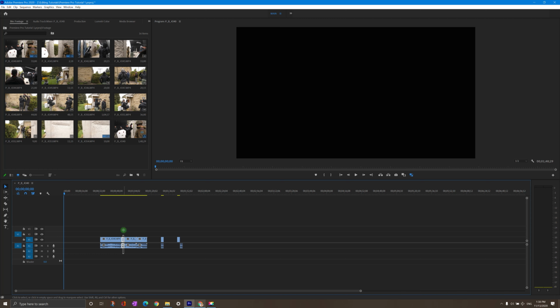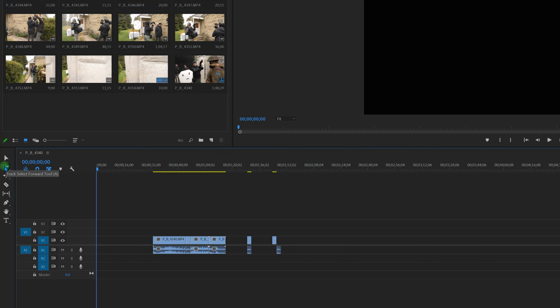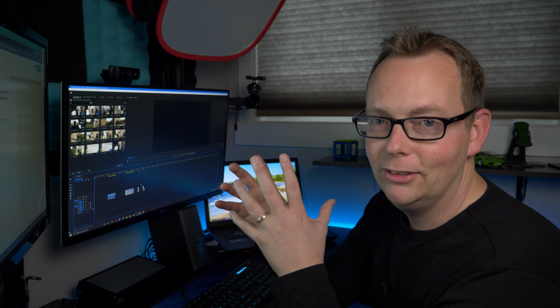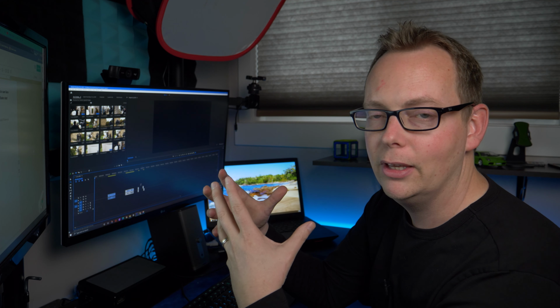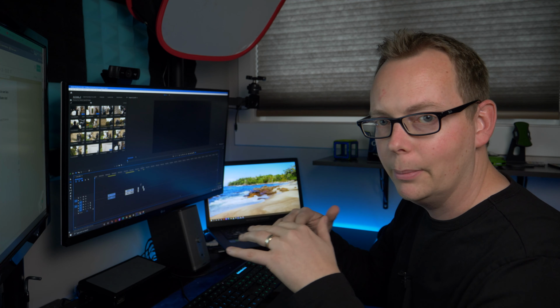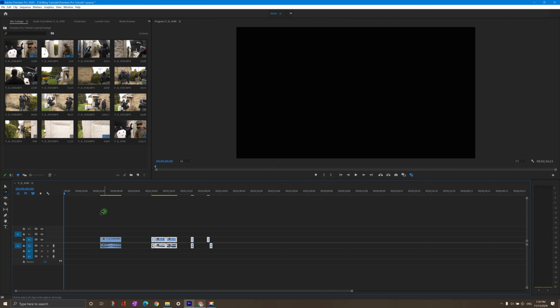Now you could click and drag over everything and then try to move it. Or you can simply just press A on your keyboard and then click this clip here and move them all to the right. This maintains the position of everything in the timeline that you just moved so that they're not getting all mixed up. Now I'm going to switch back to my selection tool, keyboard shortcut V,